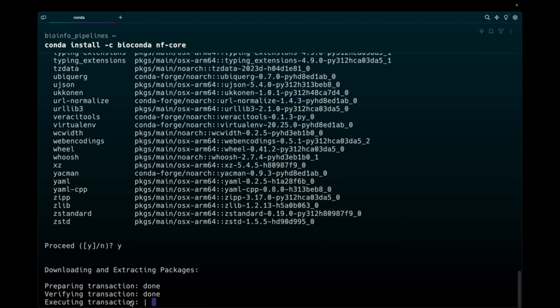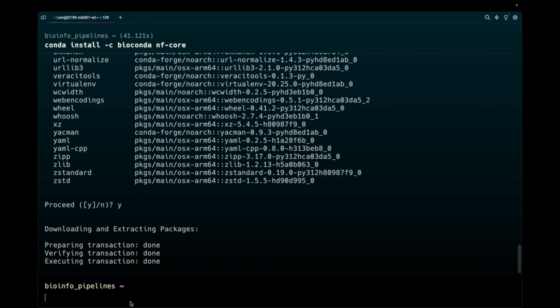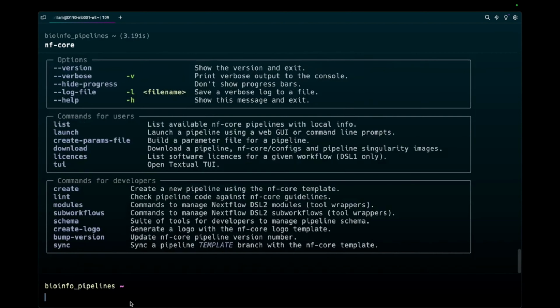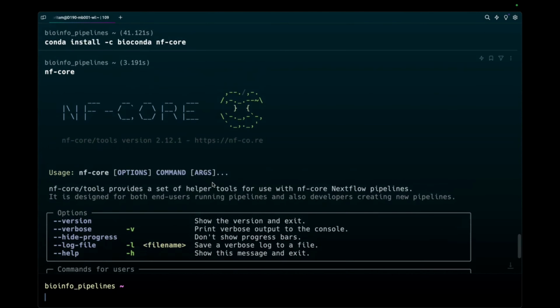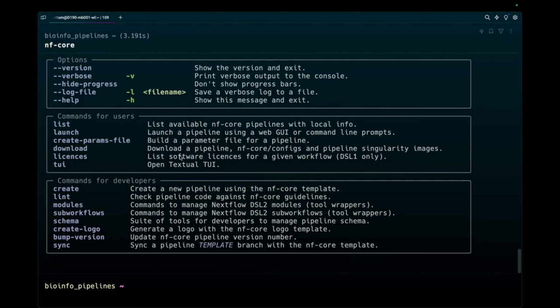And then the simple way to get started with the NF Core tools is to type in the command nf-core, nf minus core, and that's it. So if you type in nf-core now, you can see your nf-core has been installed. So this is the help message or the initialization of nf-core, and these are some of the commands. Okay,